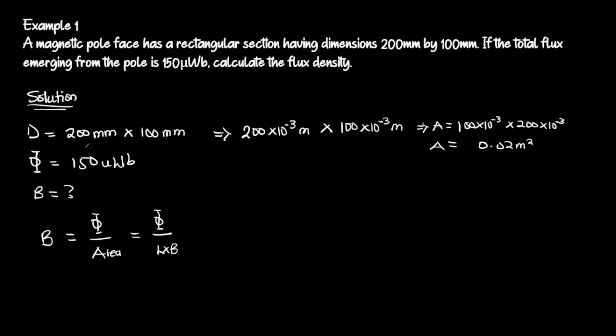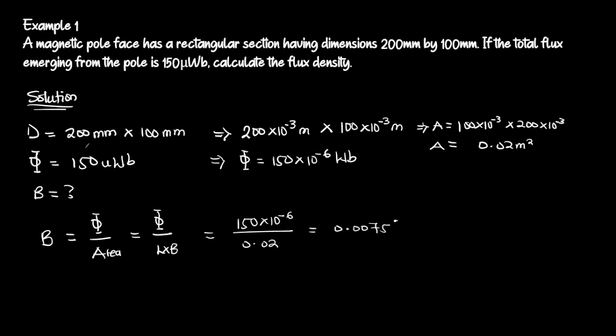Now if you look at the magnetic flux given to us, it is in microweber. If we convert it, we are going to get our phi to be equal to 150 micro, which is times 10 raised to the power minus 6 weber. Therefore we have all the parameters that we need to do our calculation. So from here, all I need to do is write B equal to, okay, now my magnetic flux is 150 times 10 raised to the power minus 6 over 0.02, okay, and if I compute this in my calculator, I am going to get